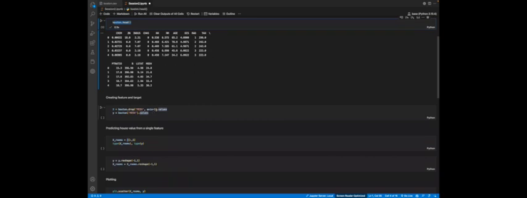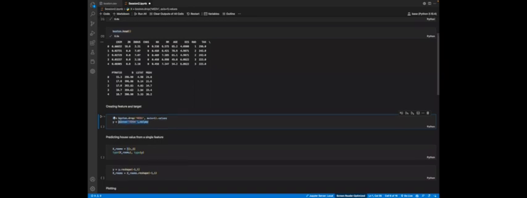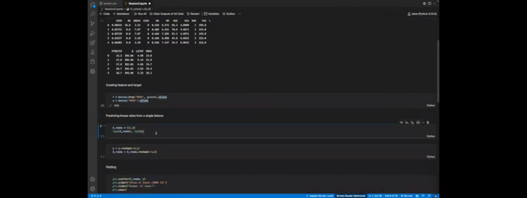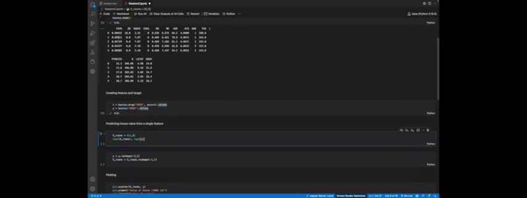So what I'm going to do is take my Boston data set and drop this final column, because that's what I want my target to be, so what I'm trying to predict, and I'm going to have all the rest be within the X value, creating the features. I'm then going to have this last feature become a Y, which is going to be my target value. Here I am now creating an X rooms variable, where I take my data set X, my features, and just take the 5th column with all the values within that. So we've got 0, 1, 2, 3, 4, 5. We're taking this one here, which is the room number.